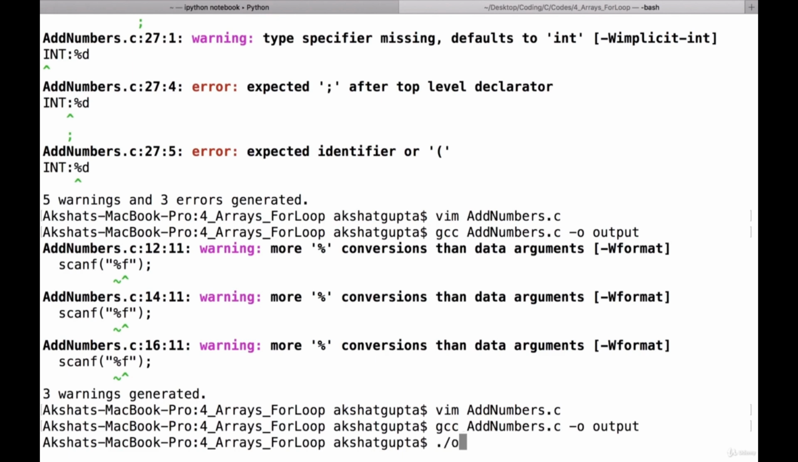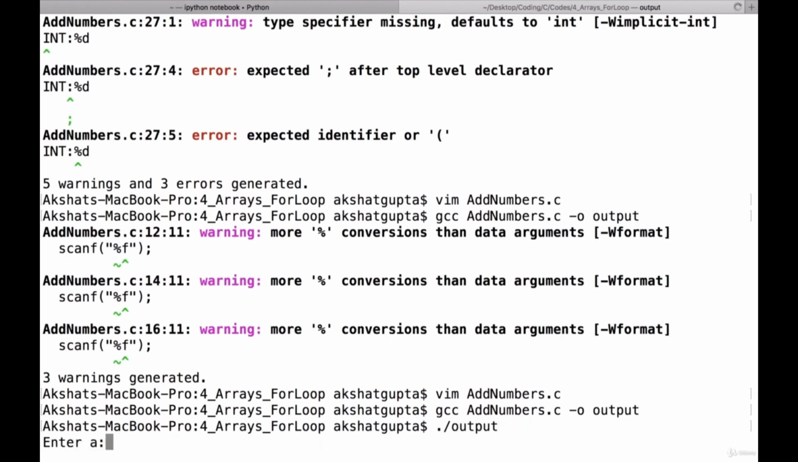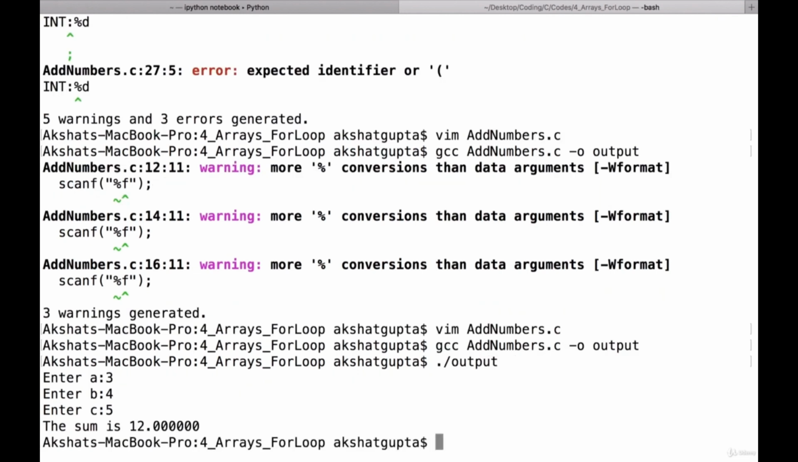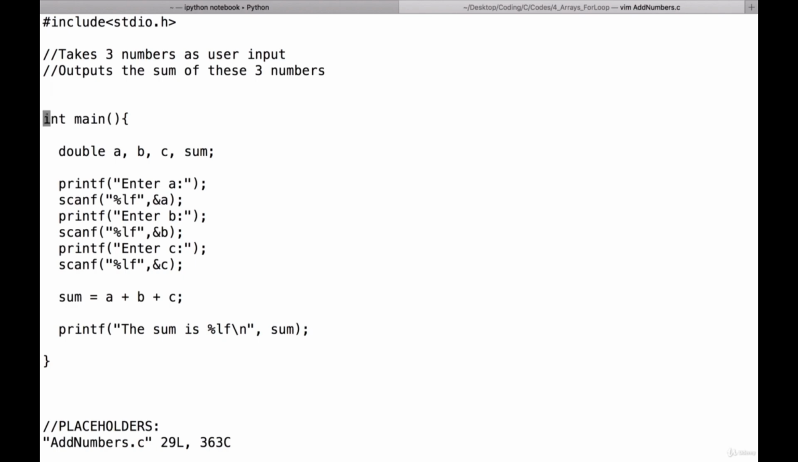So let's quickly see what the output is. Enter number A 3, number B 4, and the sum is 12. So this is correct. So this program is correct and really easy. Now the question that arises is, what